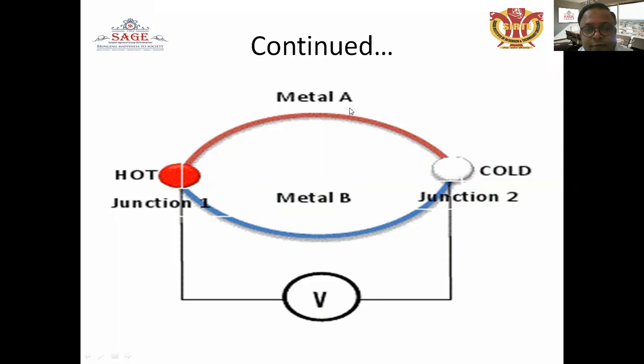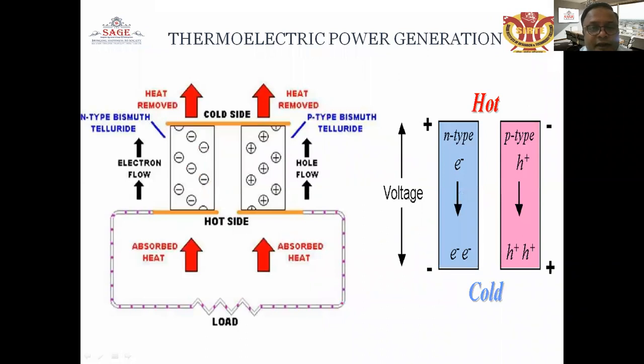सपोज दैट एग्जाम्पल के रूप में हम कॉपर और निकल का लें और दोनों वायरों को एक जंक्शन पॉइंट पे जोड़े, जैसे कि एक हॉट जंक्शन बनेगा और कोल्ड जंक्शन बनेगा. तो आफ्टर दैट व्हेन दे आर मेकिंग अ जंक्शन, there will be a creation of the voltage and after all creating a Seebeck effect. So thermoelectric power generation will be done by the N type and the P type